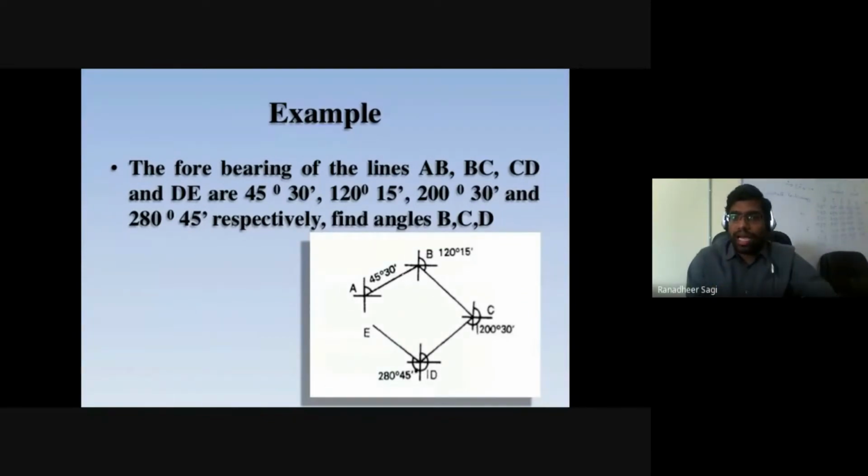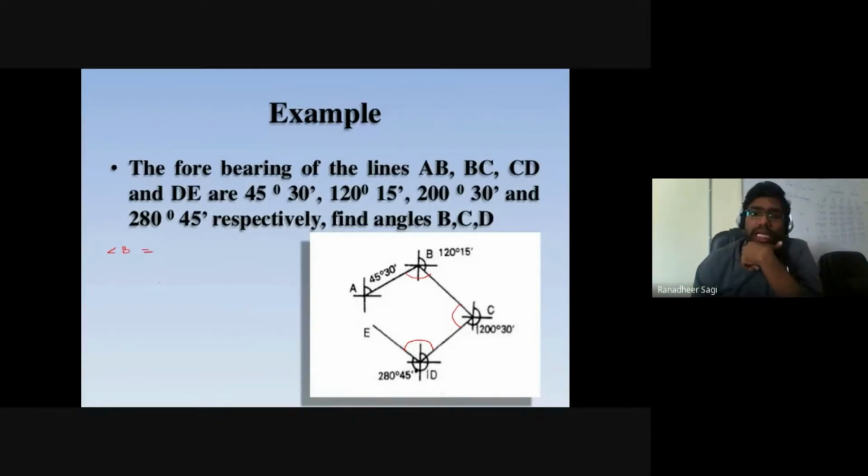Already I have the sketch for the data given in the problem. But whenever you are trying to solve any problem, do draw a rough sketch, so that it gives you a clear idea of what you are trying to solve. This angle is what I want to calculate at B. This is the angle I am trying to calculate at C, and this is the angle I am trying to calculate at point D. Now let me write down the included angle at B, let's say, angle at point B.